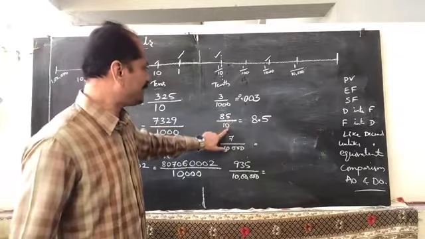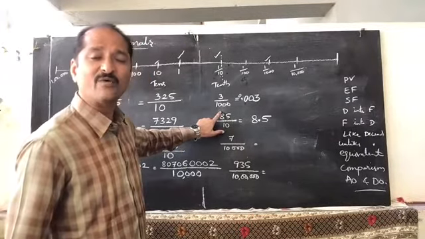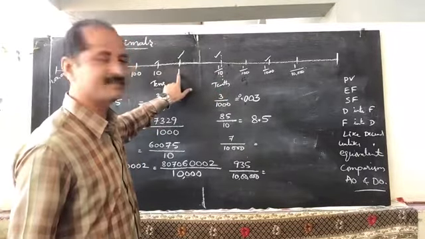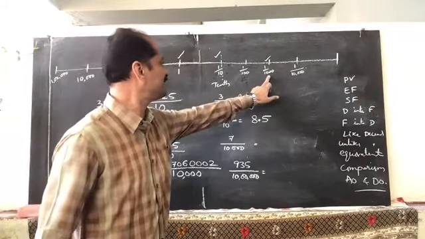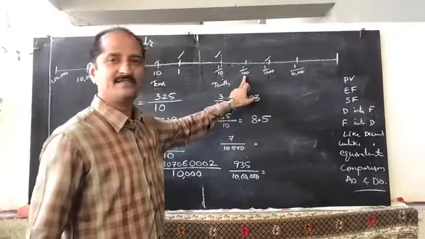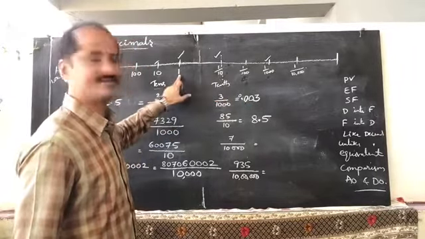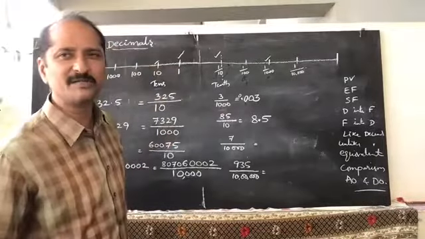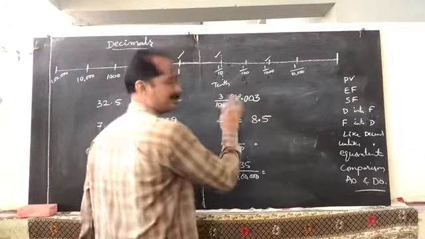That means 5 is in the 10th place. Next greater than the 10th place is the 1's place. Look at this carefully. So, in the 1000th place we should have 3. We write 3 in the 1000th place, the 100th place 0, the 10th place 0, the 1's place 0. We need to write zeros up to the 1's place and stop there. Before the decimal point, any further numbers have no value.